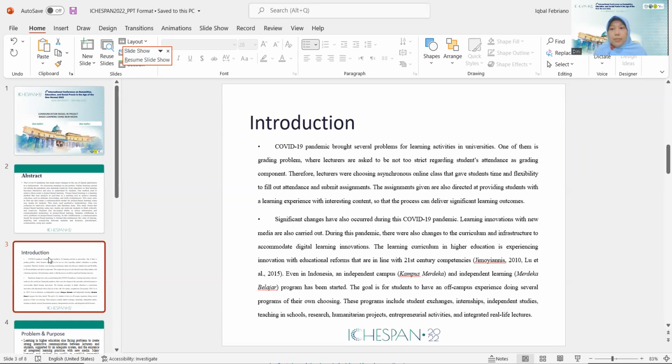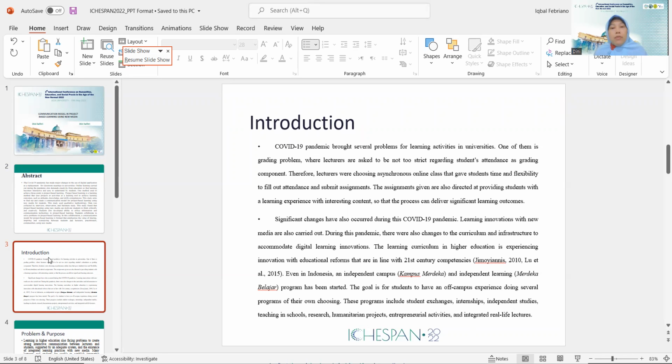Introduction. The COVID-19 pandemic brought several problems for learning activities in university. One of them is a grading problem, where lecturers are asked to be not too strict regarding student attendance as a grading